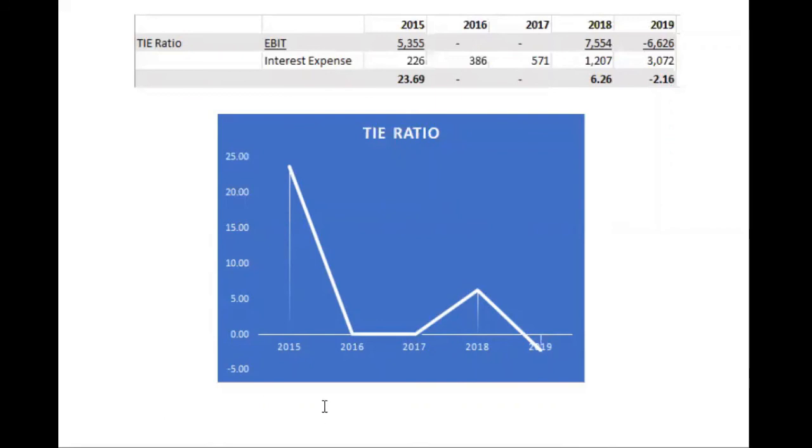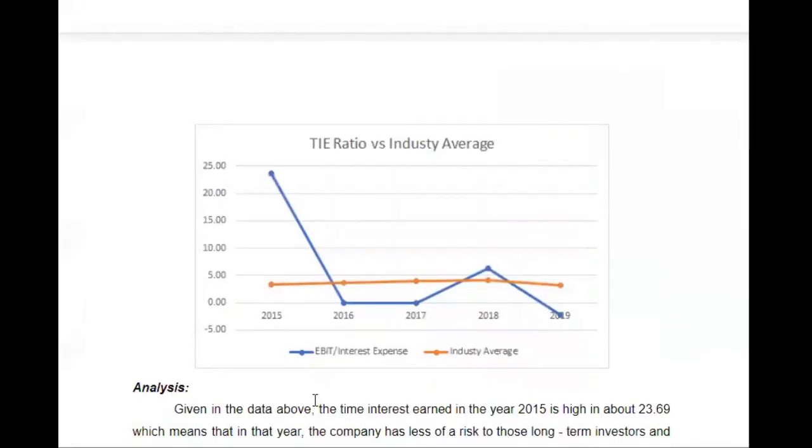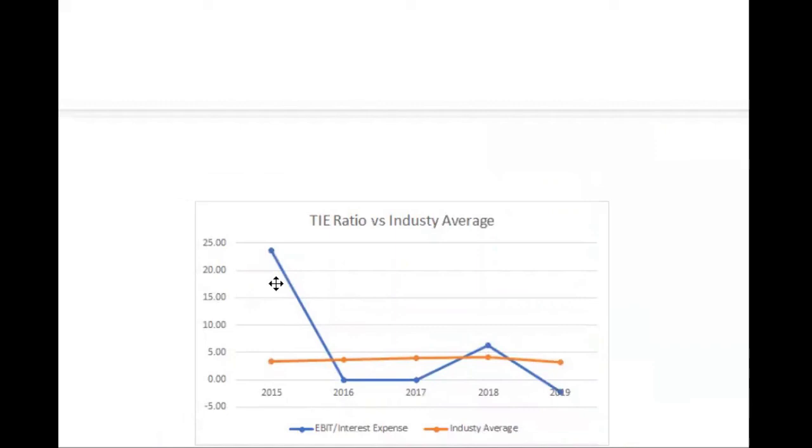When compared with the industry average, Jollibee Food Corporation's ratio was much higher than it in 2015. It was still above average in 2016 but was doing badly in 2019 because it was having a loss. So in conclusion, the capacity of the company to cover the interest expense has less safety margin. This implies that JFC continues despite the fact that they need to loan more money for the company to operate.